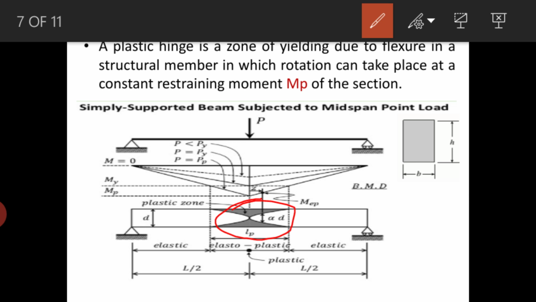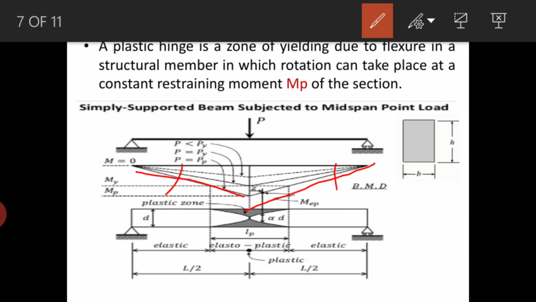It can be seen that a large change of slope occurs. You can see a large change of slope occurring here, from this side as well as this side. A large slope is occurring in a smaller length of the member at a position of maximum